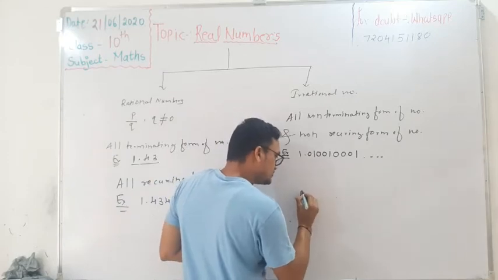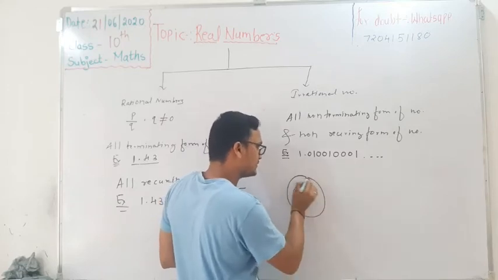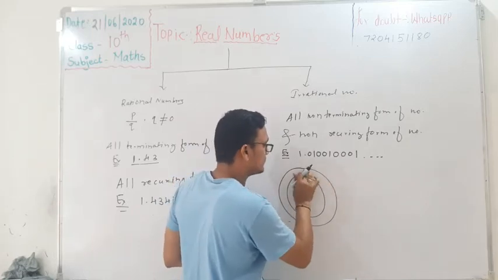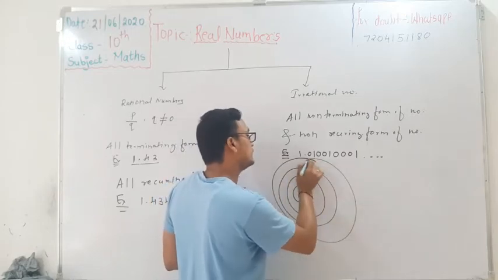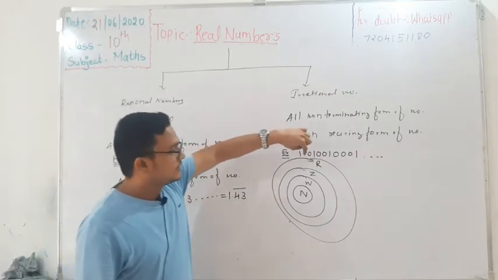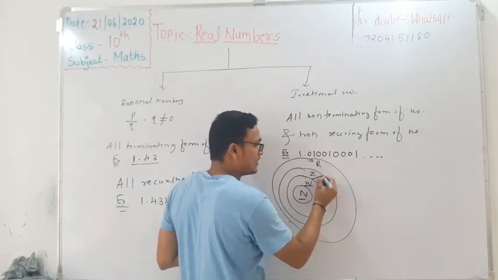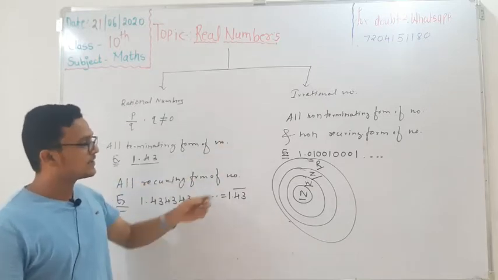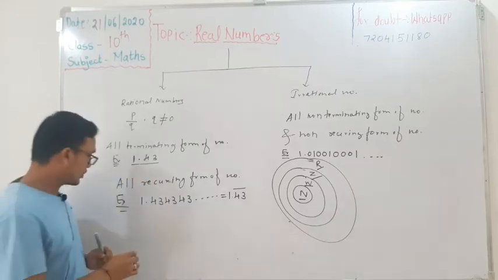Okay, also one more concept you might have studied in the previous class. I will take N, which denotes natural numbers. After that we have W, that is whole numbers. Next we have Z, that is integers, and then R, real numbers. So natural numbers, whole numbers and integers belong to real numbers, they come under real numbers. So this is regarding real numbers definition and some introduction.